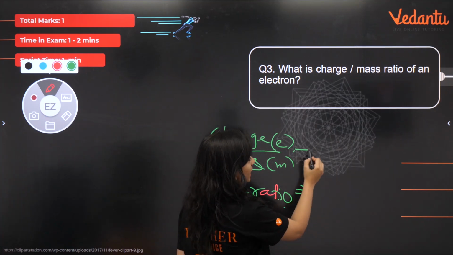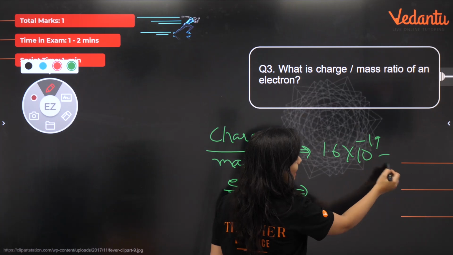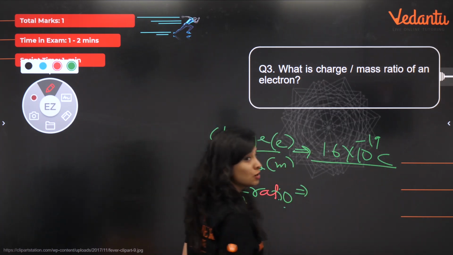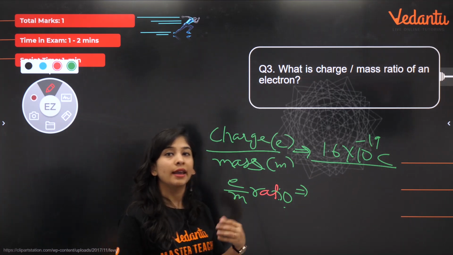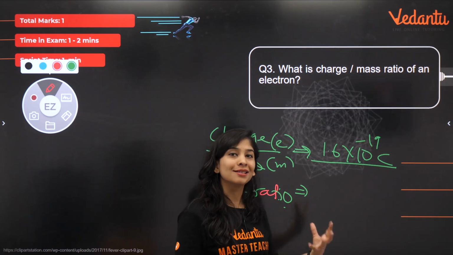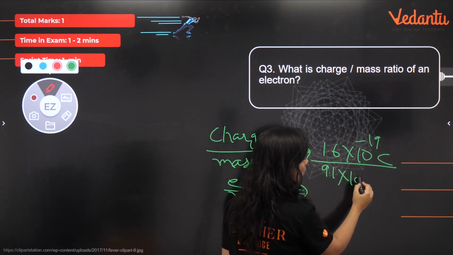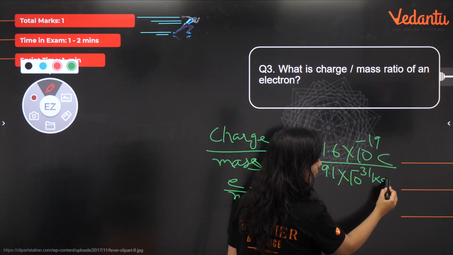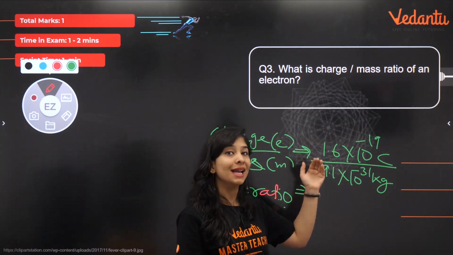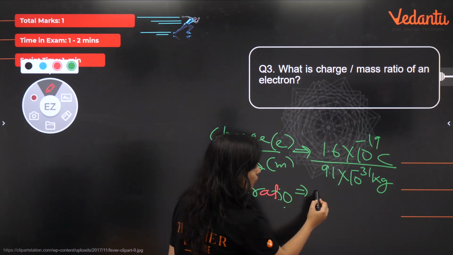Charge on an every electron, as I told you, is 1.6 × 10^-19 coulomb. And if I talk about the mass on every electron, which we say is negligible or approximately 2000 times less than the mass of proton, the actual mass is 9.1 × 10^-31 kg. If I talk about kg, तो 1 kg का 10^-31, very less. And how we are going to solve it?